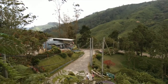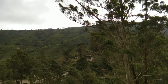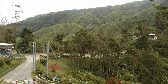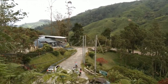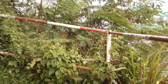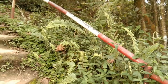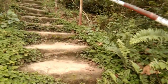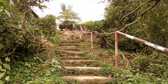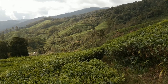There you can see the cafe, or I think it's a tea center as well. I'm not sure, but I definitely see people having a snack or meal there. So let's go and try. I'll try my level best to cover all those stairs and reach the top. So I'm halfway through,